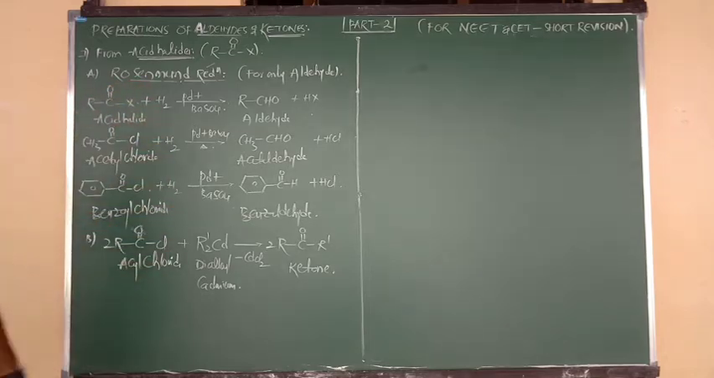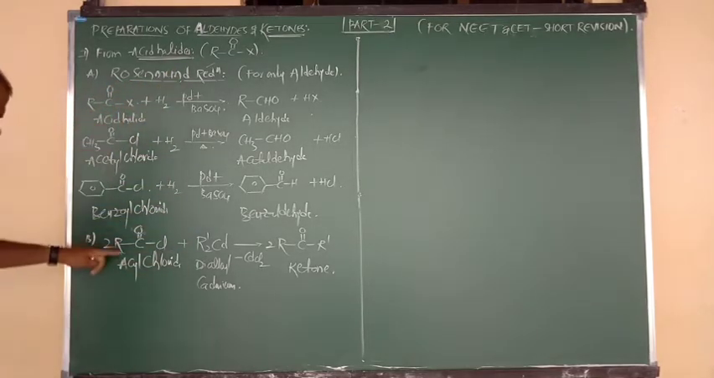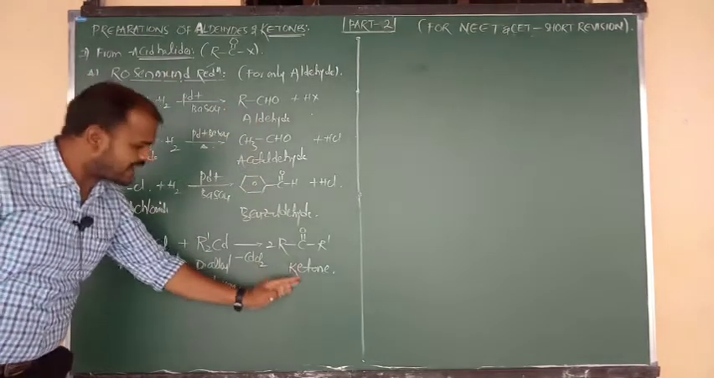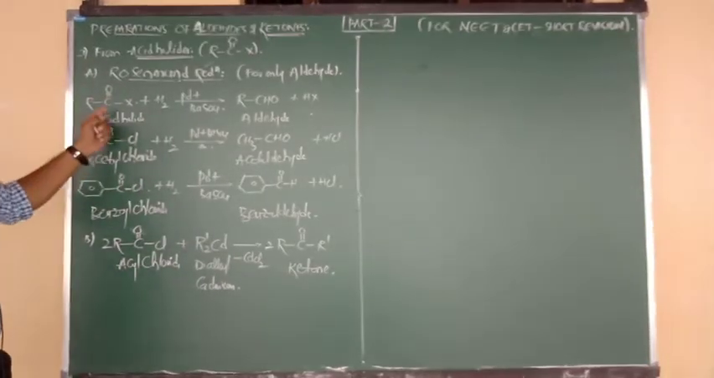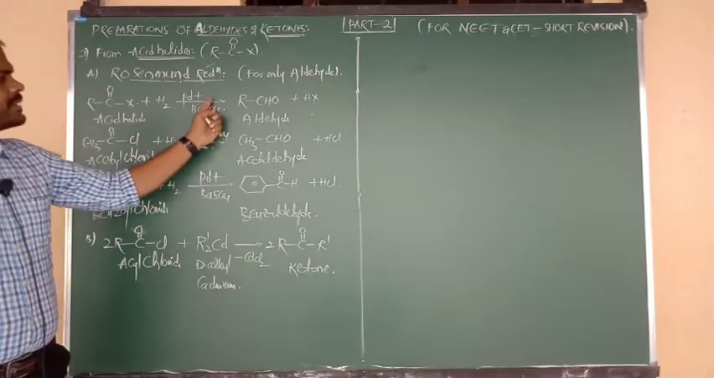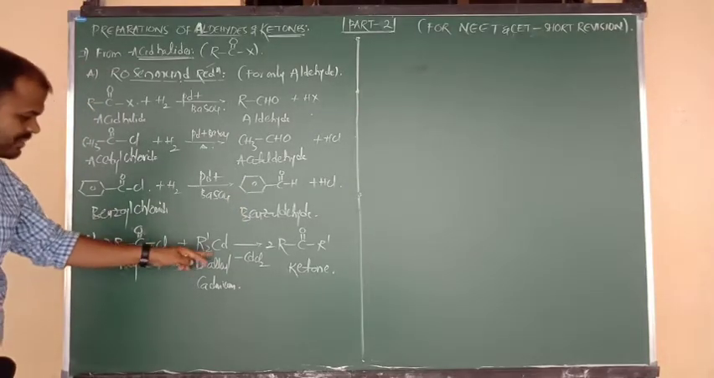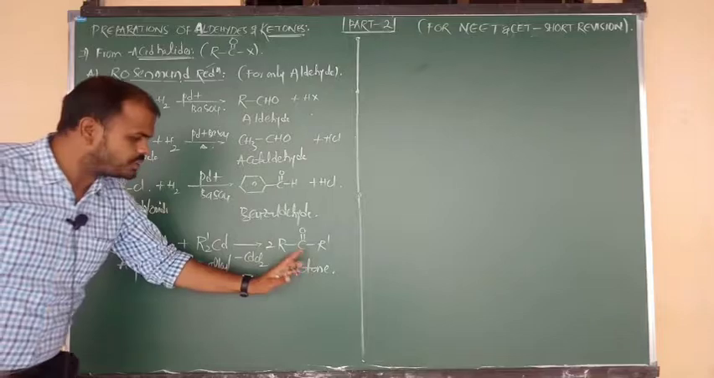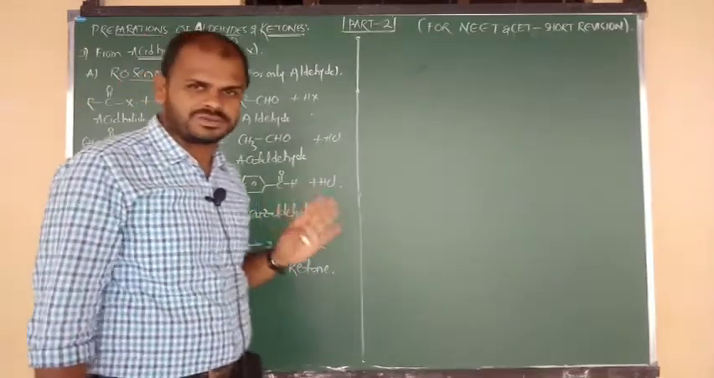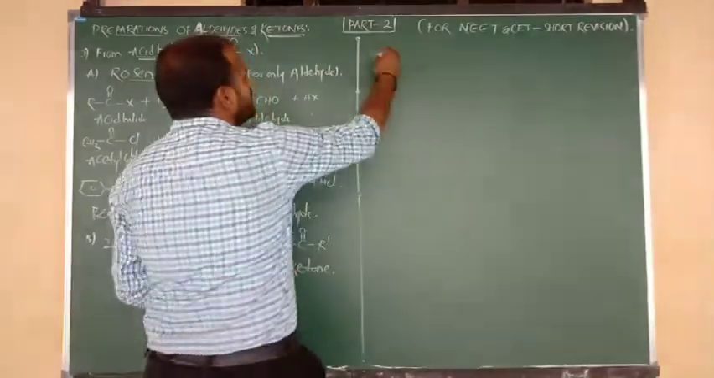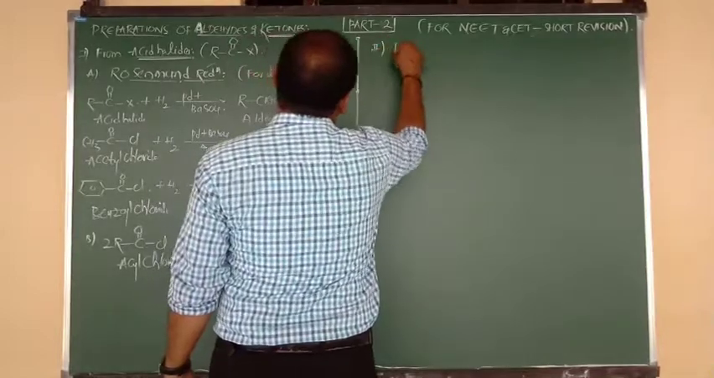So in this way, by using acid halides, we can prepare aldehydes and ketones. Acid halides on Rosenmund reduction change into aldehydes, and acid halides on reaction with dialkyl cadmium form ketones. Clear? Good. Number 2 method, from